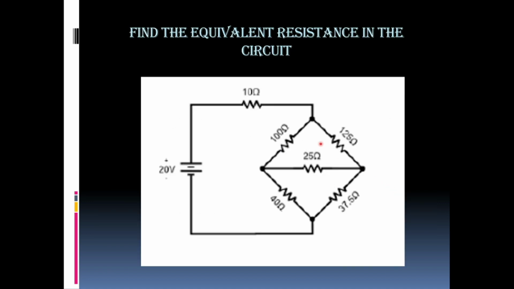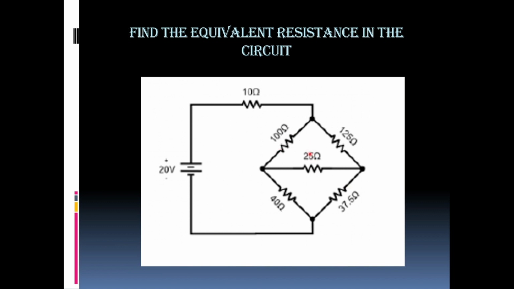Here's another question. This is a much harder one. It's kind of a university question. Find the equivalent resistance in this circuit. You have to find the equivalent resistance for all the resistances in here. In this question, as you can see, there are two delta connections. One here: 100 ohm, 125 ohm, and 25 ohm. And then there's another delta connection here: 40 ohm, 37.5 ohm, and 25 ohm. So there are two delta connections, and to solve this, you need to solve either one of